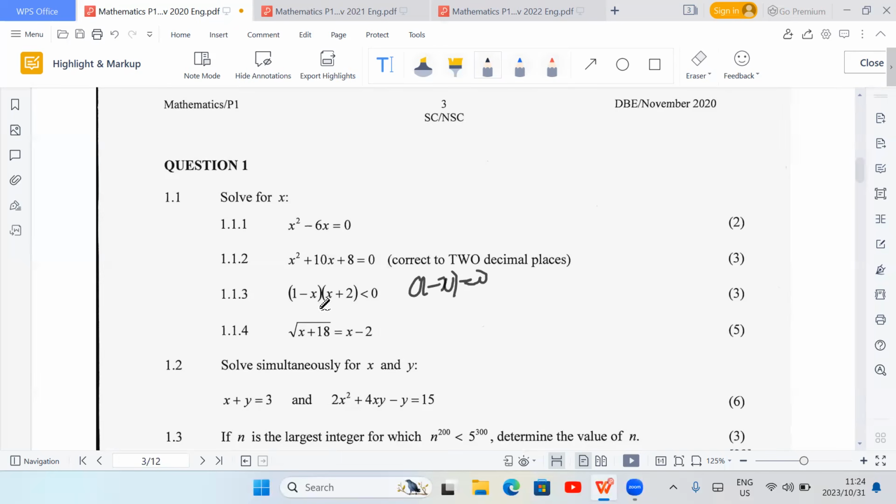So for this one, obviously your answer would be x is equal to 1 or x is equal to -2. So your -2 being the smallest value, and then your 1 being the maximum value. Now, the trick with this one, you don't have to